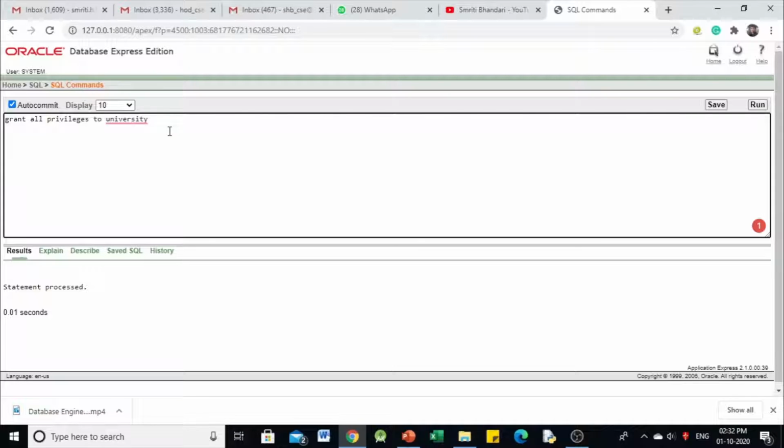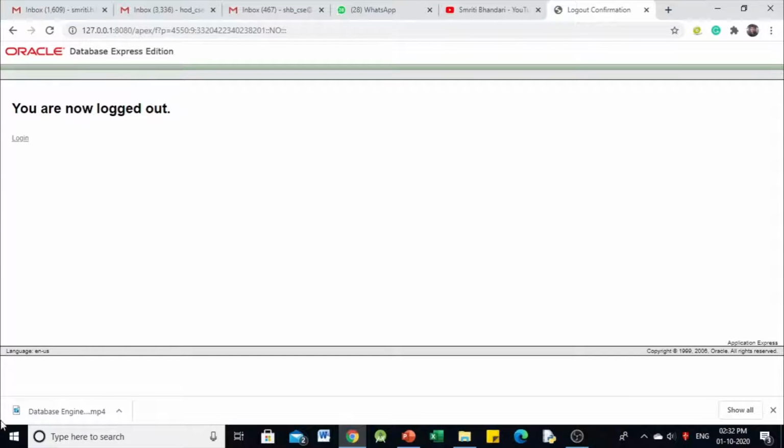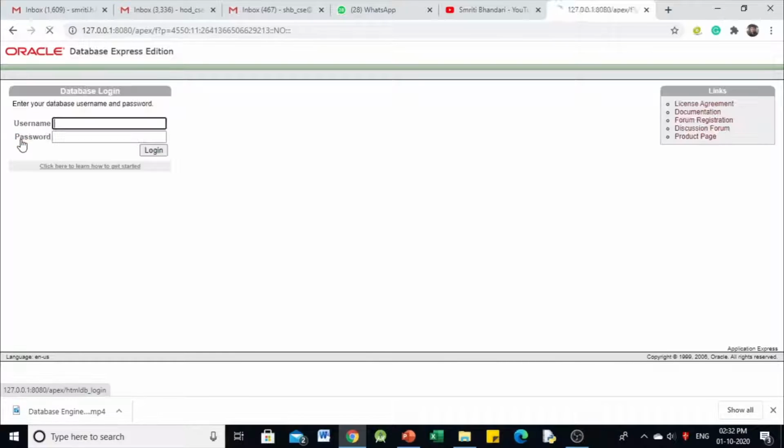Okay, now once I have created this user and granted the privileges, I am going to log out now from this system. Okay, and I am going to log in with the newly created username and password. So we have created university as the username and password is also university. So I am going to log in with these new credentials.